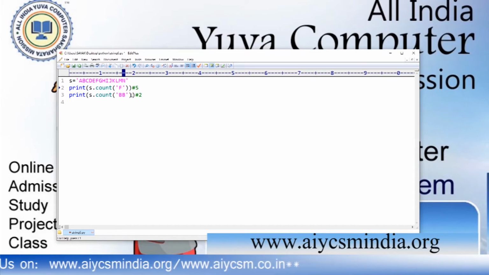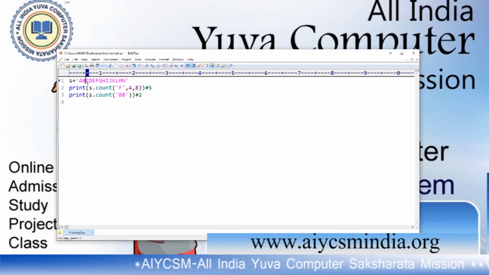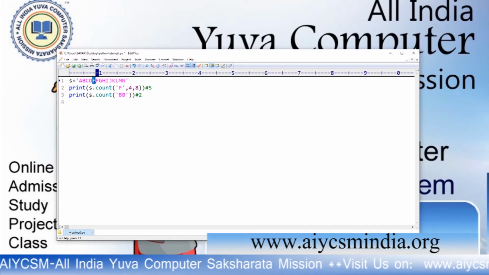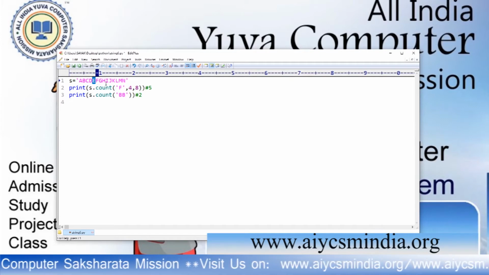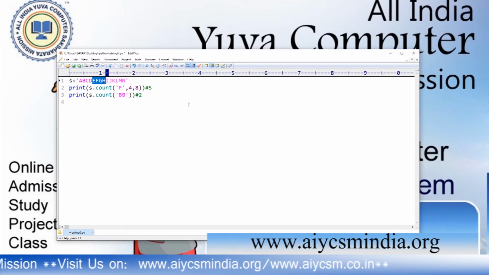I want to search F, and I have to search 4 is the beginning index to 8. That means this is the 0th index value, 1, 2, 3, 4th. From there 4, 5, 6, 7, 8 to 7th. From there to there it searches whether F is available, or how many times F is available.